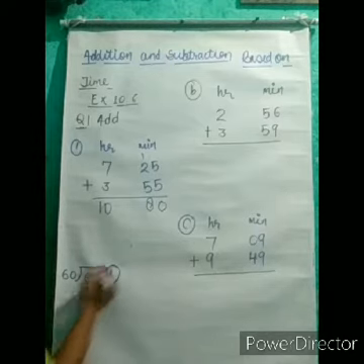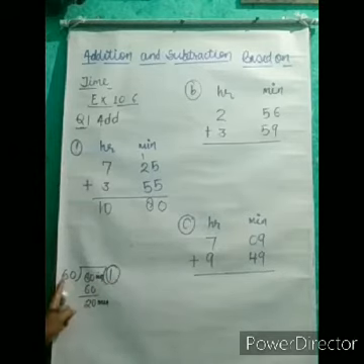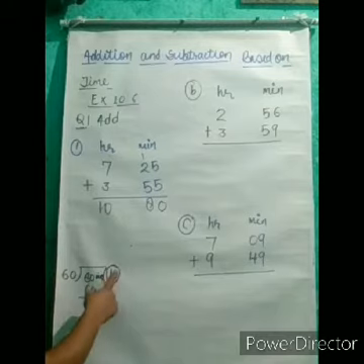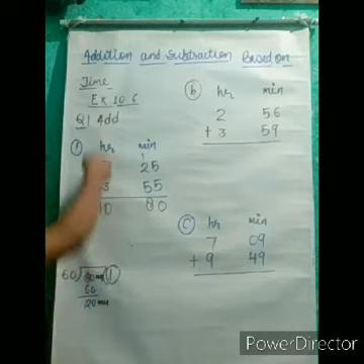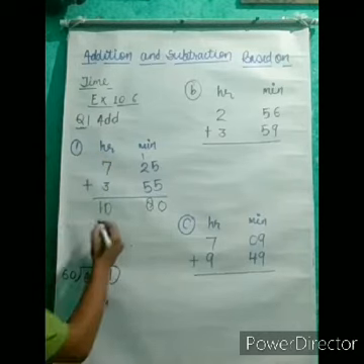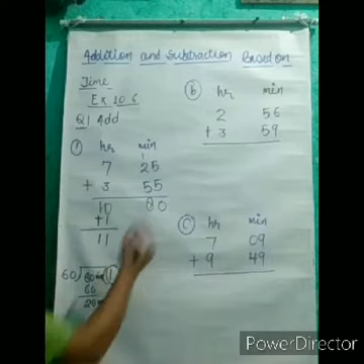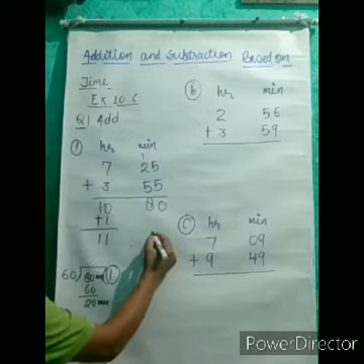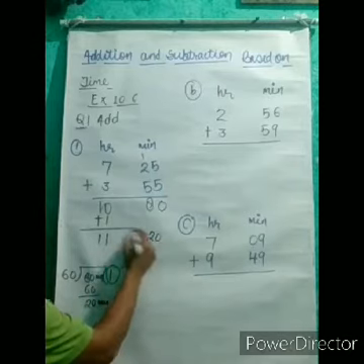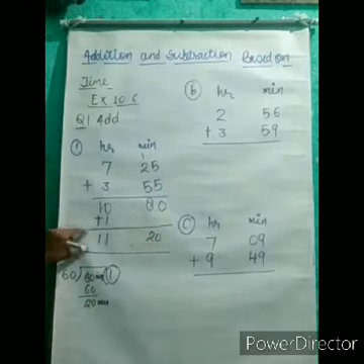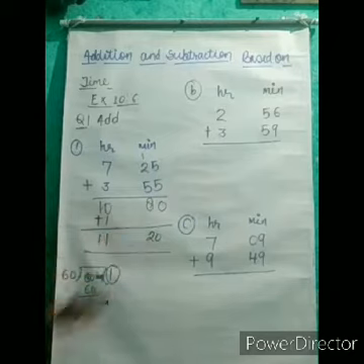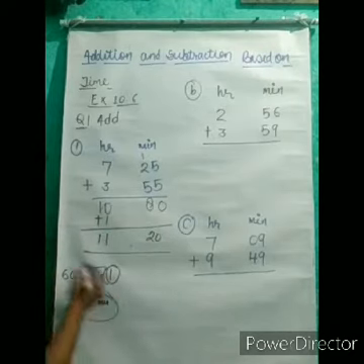So 1 you got, 1 hour you got from 60 when we divide 80 minutes. 80 minutes converted into 1 hour and 20 minutes. That 1 hour you can add here because this column is of hours. So here we will get 11, and in place of minutes 20 is left. So your answer will be 11 hours and 20 minutes, because 20 is left from the minute part.